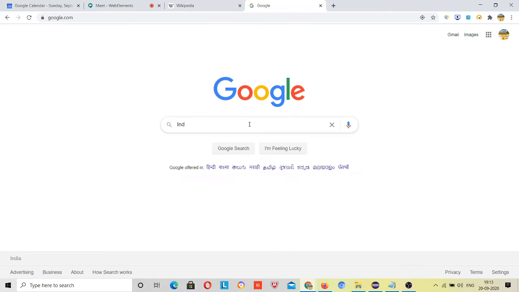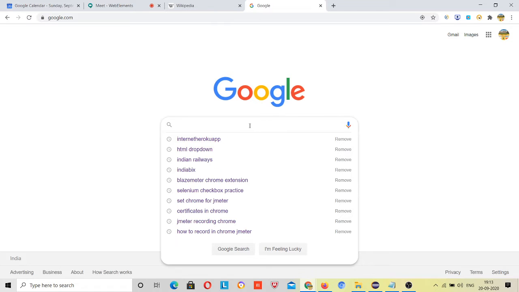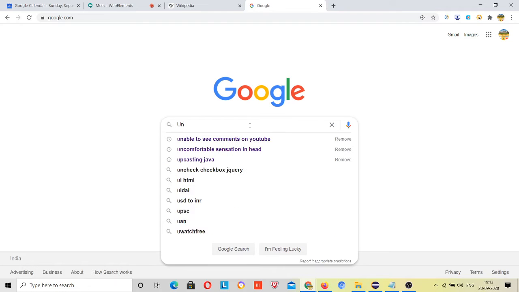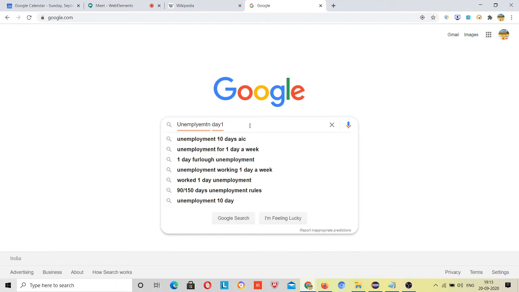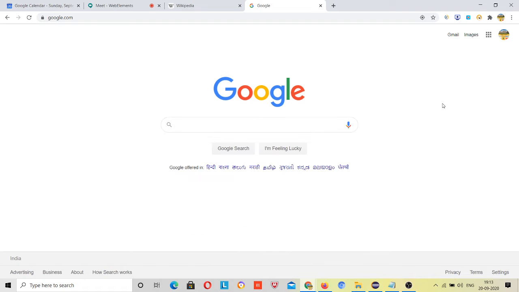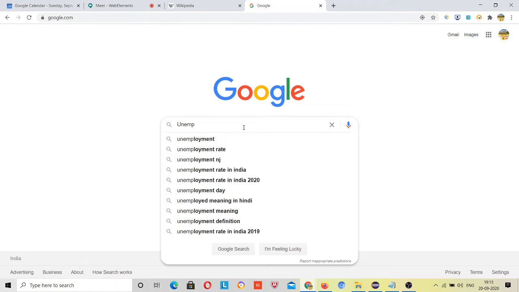Just like, two or three days ago, it was trending on Twitter that Unemployment Day, right? Unemployment Day, 17th of August, right? Because that was trending on Twitter, it was getting suggested at the top. If people were typing unemployment day, it was trending on top.